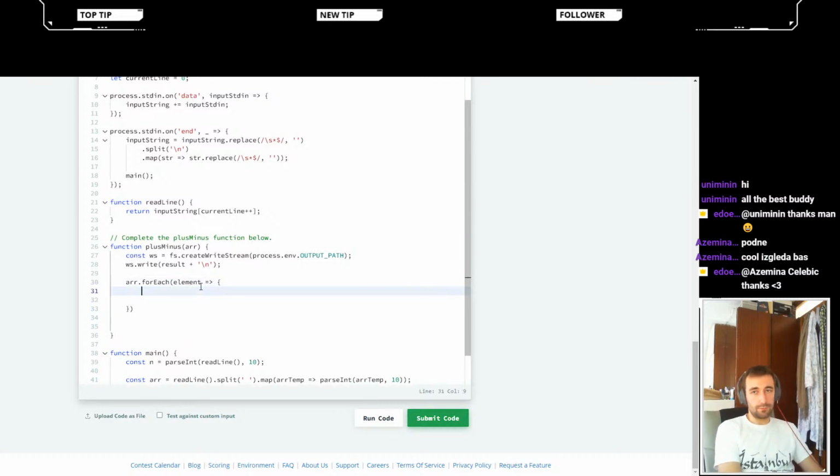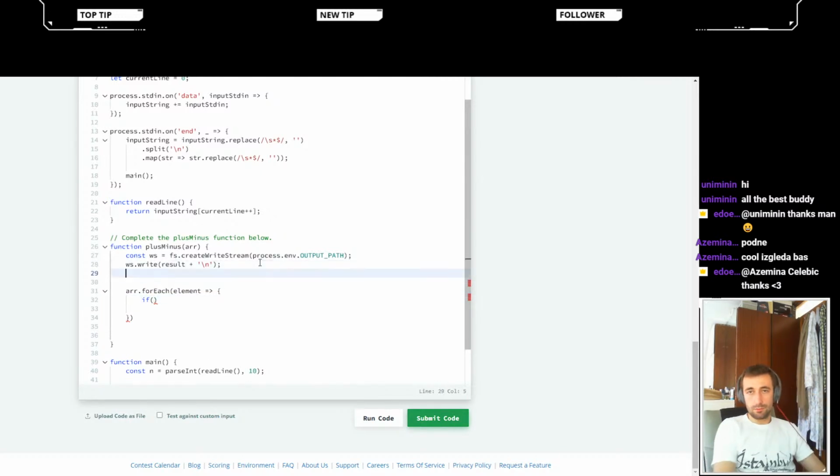Okay, we're gonna do if size equals array length equals or, so for each element if